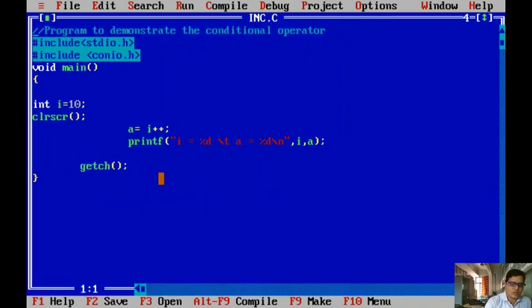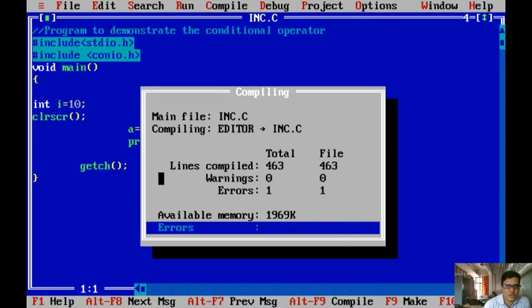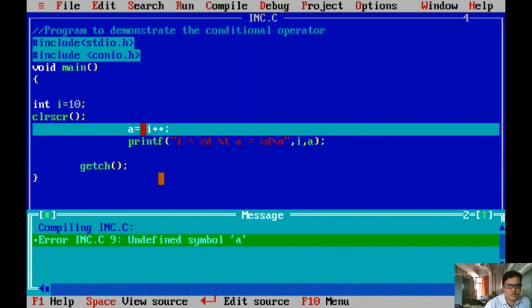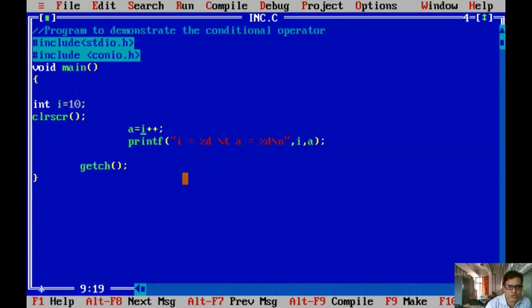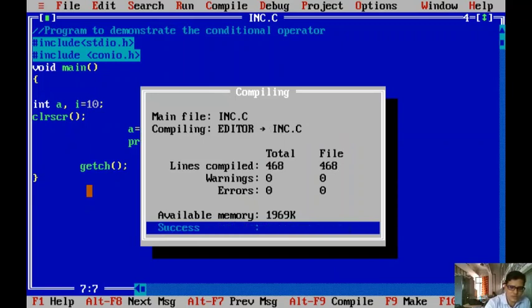Now let me compile. Is there any error? Yes, it consists of one error. Let me check what that error is. Undefined symbol a. Whether we have declared a? No, right? So then what do we have to do here? Please observe here. I have not declared a variable, right? So we have to declare a, comma, and I'm saving, compiling, and running.